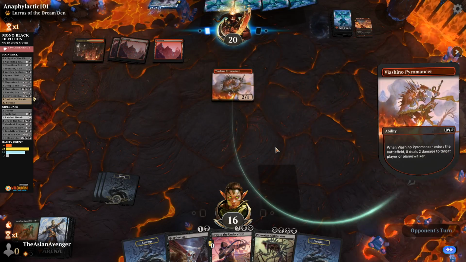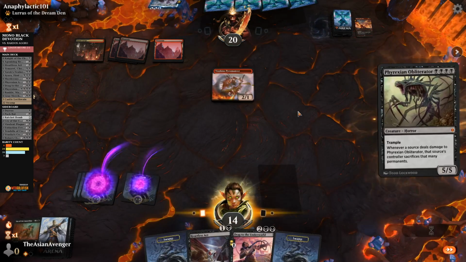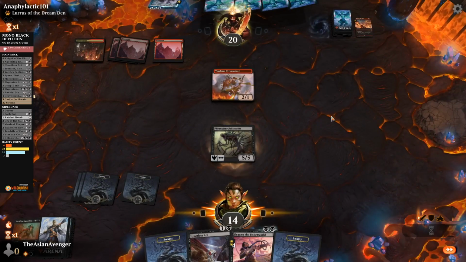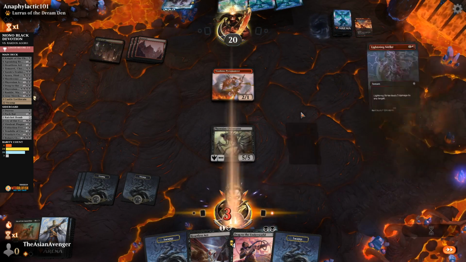Viashino seems good. Do they have a theft effect? Because if not, Obliterator is going to sit around for a while. It's just going to come down to that. Do they have a removal spell, like hard removal? Do they have a theft effect? I mean, even if they do, it's only 7 damage, right? Well, not only 7 damage, but...